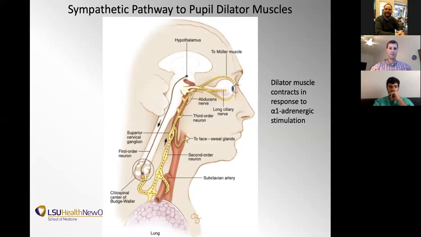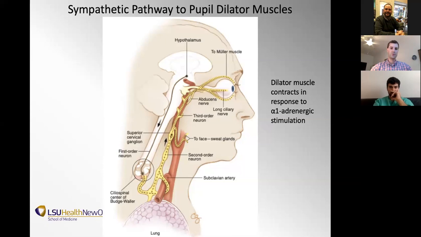In this case, the sympathetic pathway is very important. It's controlling the pupillary dilator muscles. To go through the pathway, we typically think of it as starting in the hypothalamus, and that's where the first order neuron begins and travels from there down through the hindbrain, through the spinal cord, and all the way down to the ciliospinal center of Budge down below. That's where the first synapse is, where it will synapse with the second order neuron. And from there, usually around C8 to T2 is where it exits via the ventral rami and will end